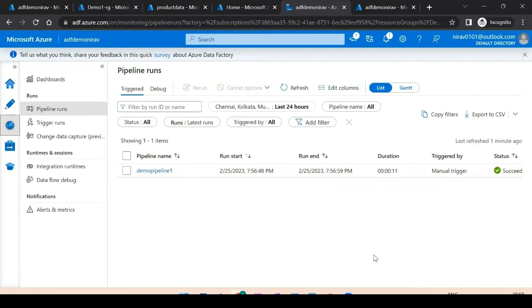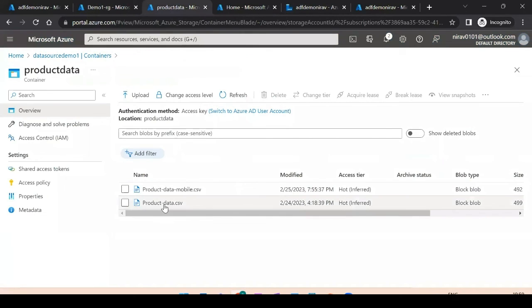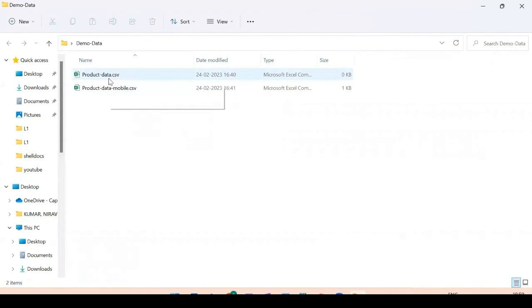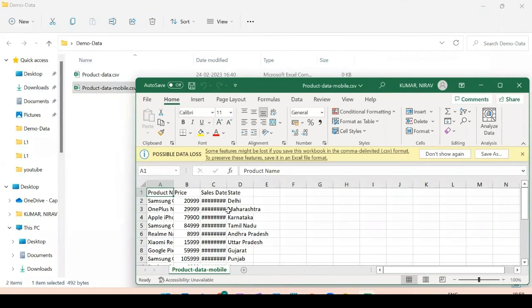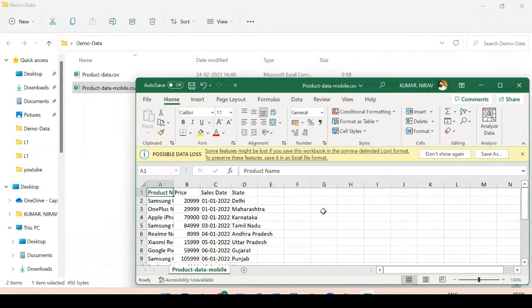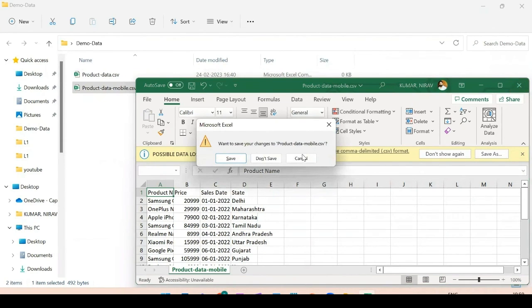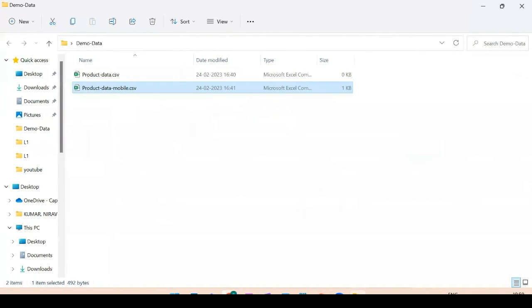So this is what we have seen in the demo: a simple pipeline which copies a file from source to destination. We had a CSV file. Let me give you one more interesting thing. The product-data.csv has some information in CSV format. I did not have this data. How did I get this data? I went to